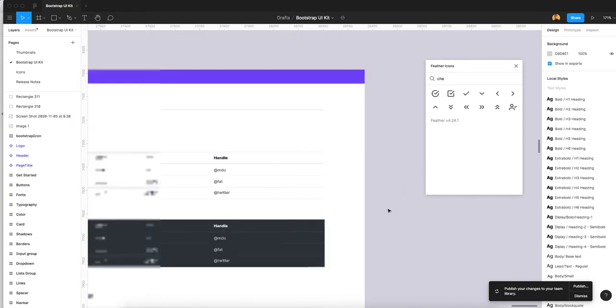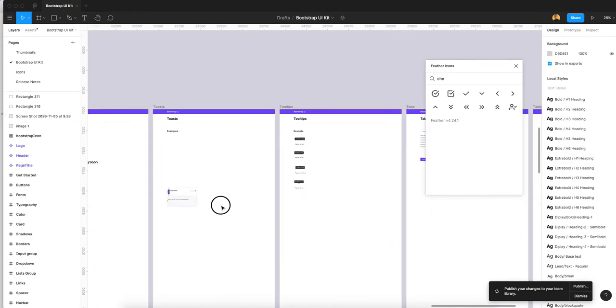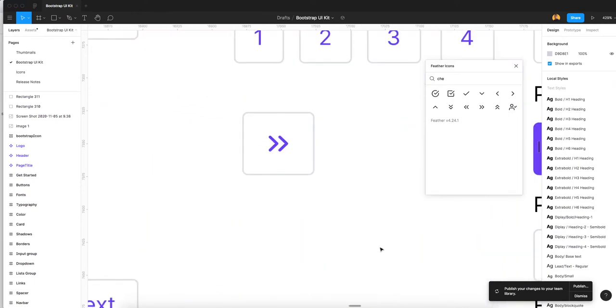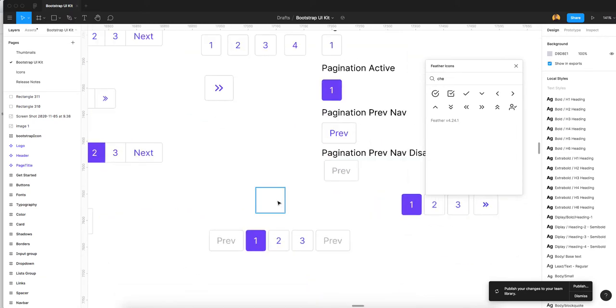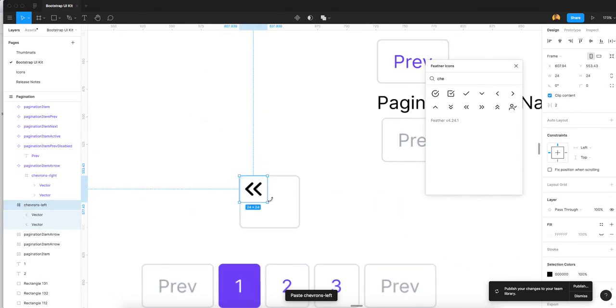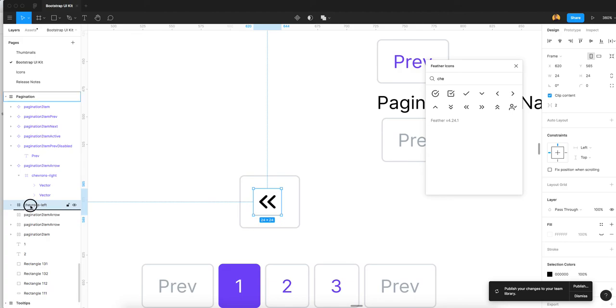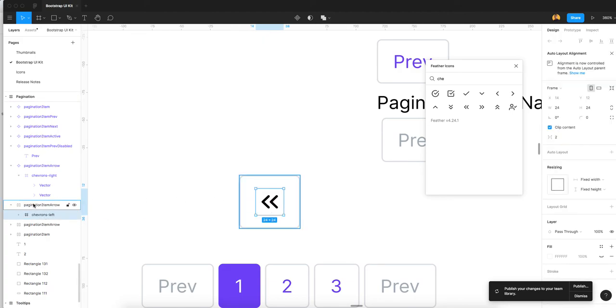I just Ctrl X and go to pagination. There is pagination. Okay, right now we are here. Ctrl Shift V. See, now we are in frame. We are not still in frame. Just move it inside. Okay.